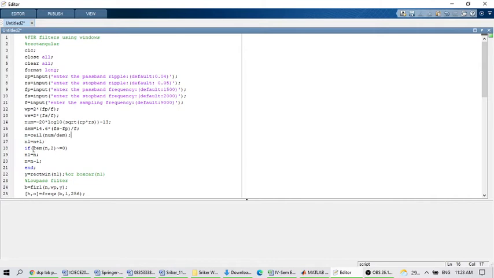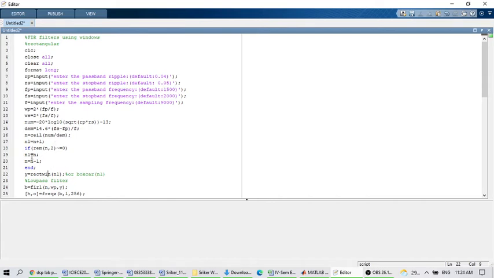Now here I am checking one condition. If the order of the filter is not even, I give, for example, remainder of N comma 2. If the order of the filter is, let us say, 10, then the remainder of 10 comma 2 is 0, so the condition is not satisfied, so it goes past it. And if the order of the filter is odd, let us say N equals 9, then 9 by 2 leaves the remainder 1, so 1 is not equal to 0.